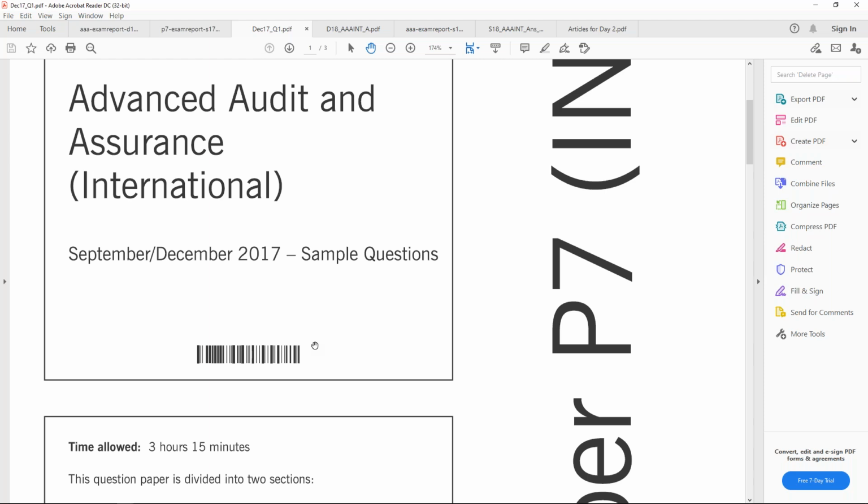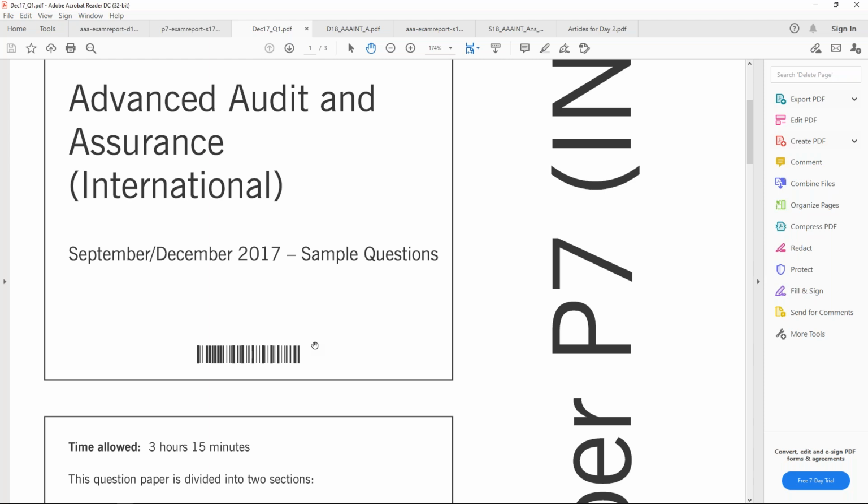So if you're doing an old paper like December 17, do you have the December 17 paper on the practice platform? No. So you will download this paper from the ACCA resources and perform the answer on the blank workspace so that you improve your typing speed. I will be guiding you about how you do an old question from a revision kit or old papers, and how you make use of these old questions on the practice platform using a blank workspace.